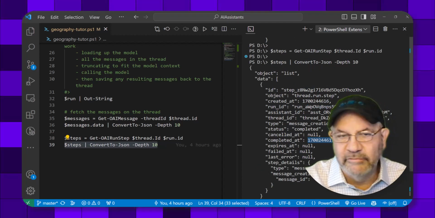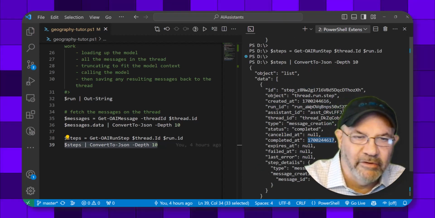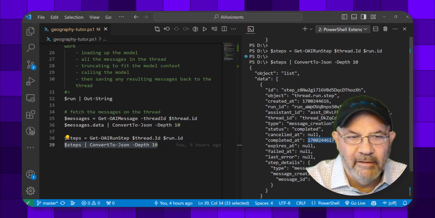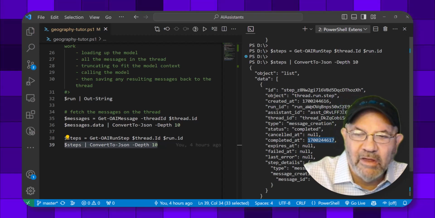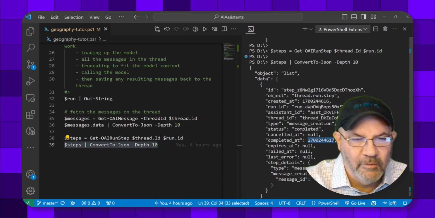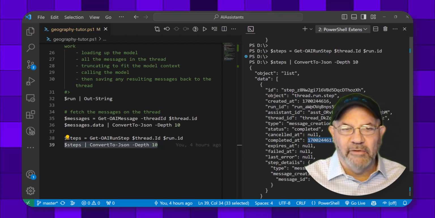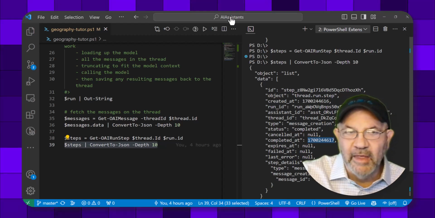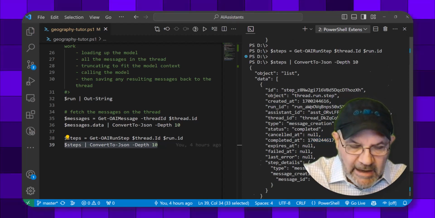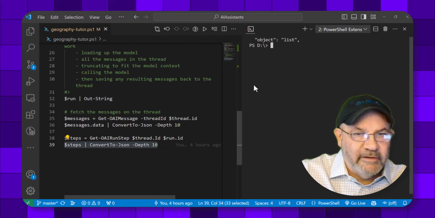So if you spun up 50 different runs across multiple assistants on multiple threads with all kinds of questions or interactions, you can sit back and look at and figure out what's going on with your stuff. Now, last but not least, let's make this a little bit more fun